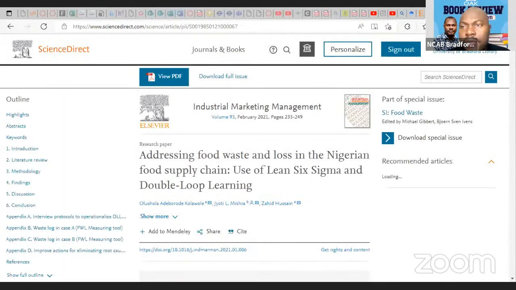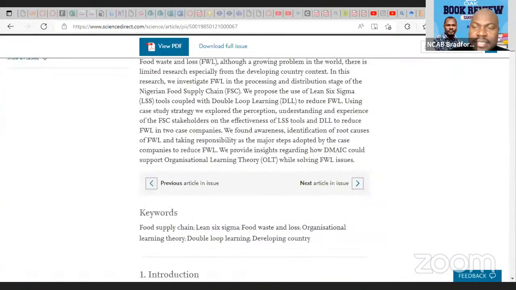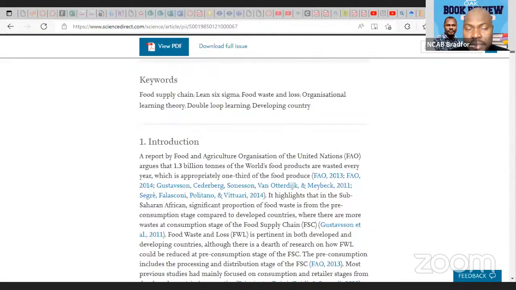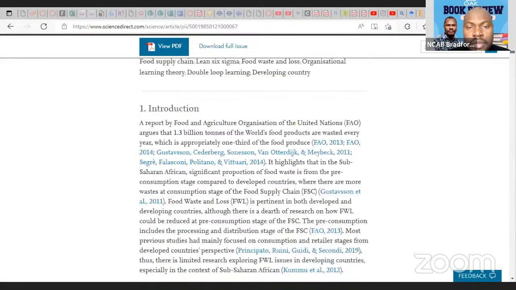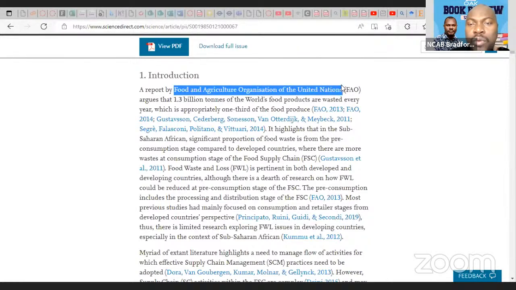Okay, so now look at this paper. This is the topic. And again, the abstract is needed because that is what they asked for. And look at the introduction. This is an organization, and see the way I quoted that organization here: a report by the Food and Agriculture Organization of the United Nations. I've quoted it, and because I use EndNote, I want it to appear. I have it here as well.